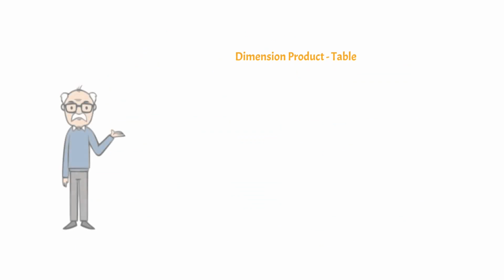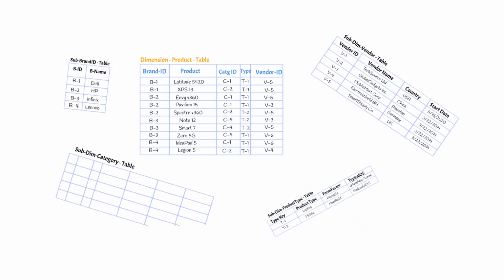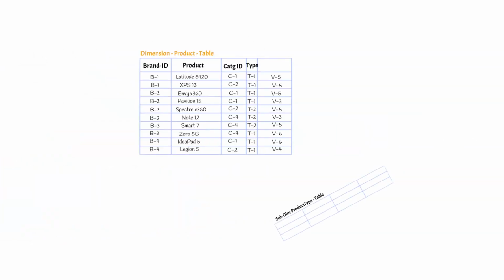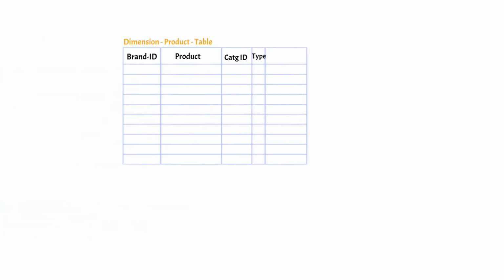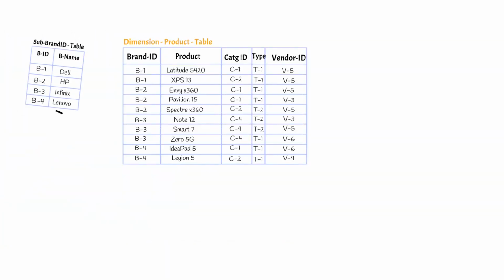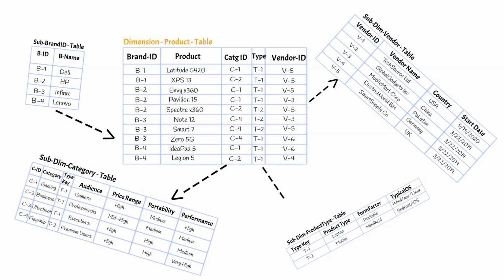Here's where normalization steps in. Instead of one giant, repetitive table, we split it into smaller, focused ones. And that's exactly why we need normalization, the process of organizing data into smaller related tables so it stays clean, consistent, and reliable. The product table stays at the center, while details like brand, vendor, category, and product type move